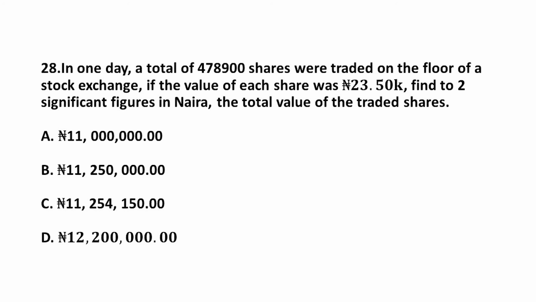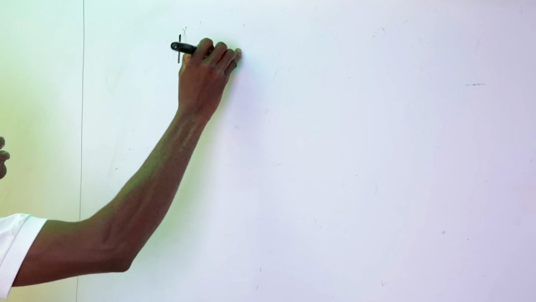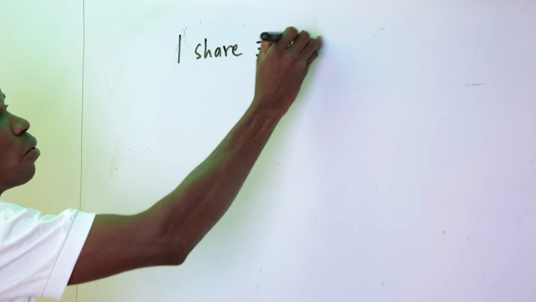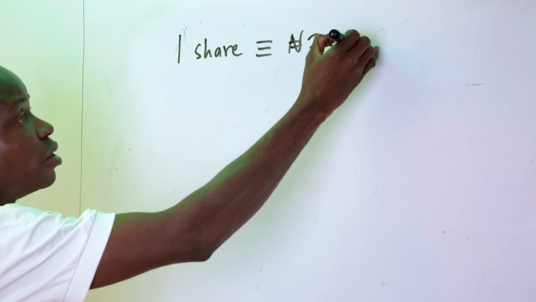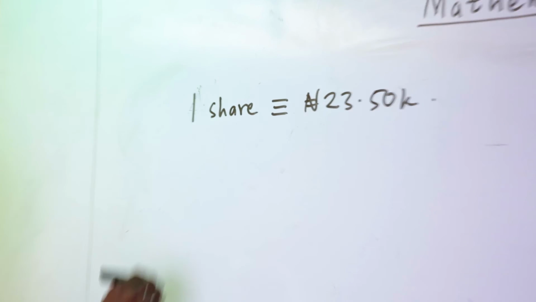Number 28, in one day, a total of 478,900 shares were traded on the floor of a stock exchange. If the value of each share was 23 naira 50 kobo, find to two significant figures in naira the total value of the traded shares. Here, a share is equivalent to 23 naira 50 kobo. The worth of a share is 23 naira 50 kobo. So the worth of